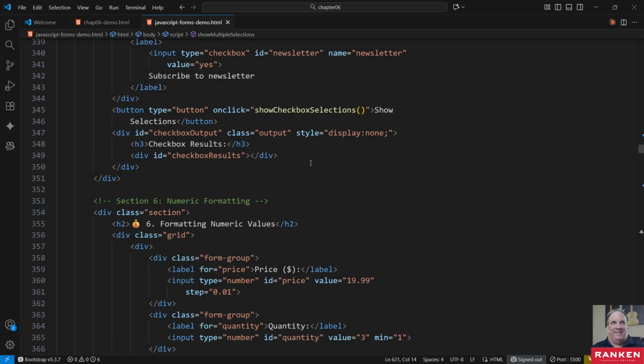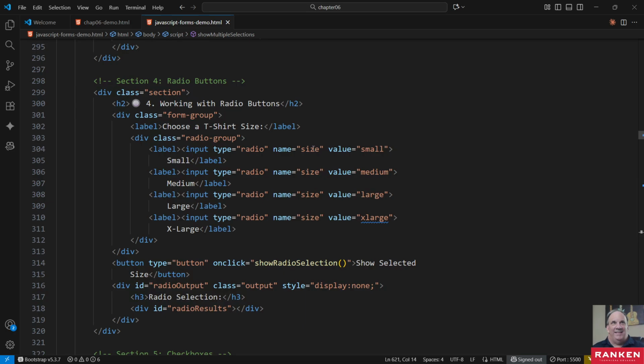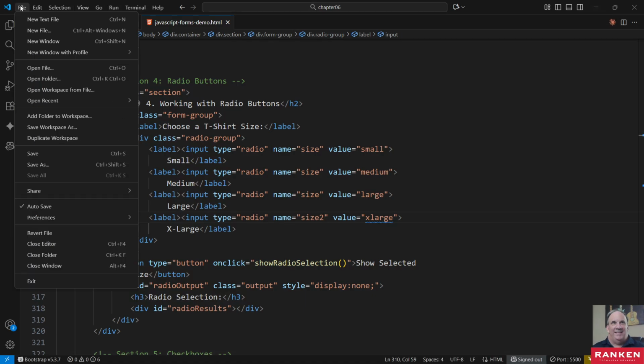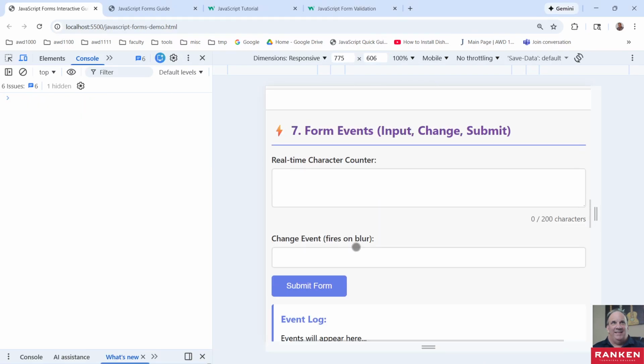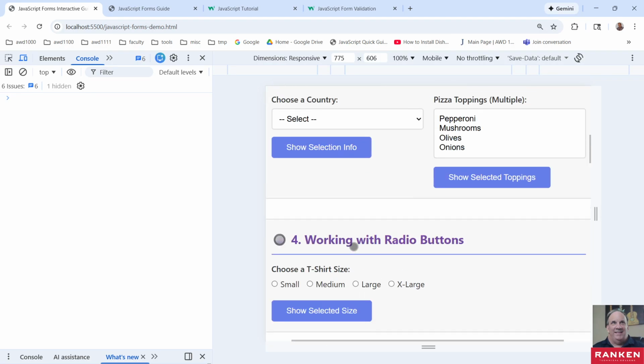All right. Here's checkboxes, radio buttons. So here you got size. They're all the same name, right? So whatever one's selected, if you check, it'll have the value for that one. So just for fun, let's change the name of this one to size 2, because I want to show what happens if you don't have them the same name. I have auto save, so it should have automatically updated. So if I go down here to radio buttons now,